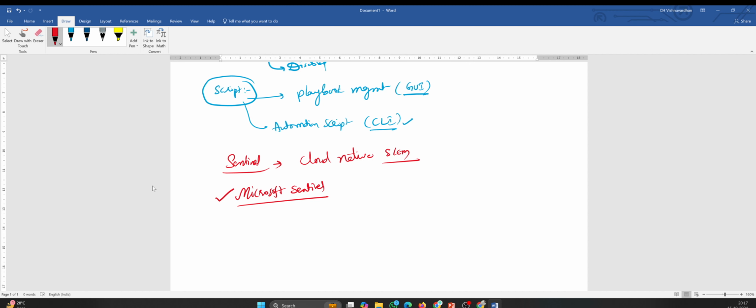Now, why am I calling this a cloud native solution? Because this is considered to be the first SIEM which is used in a cloud environment.